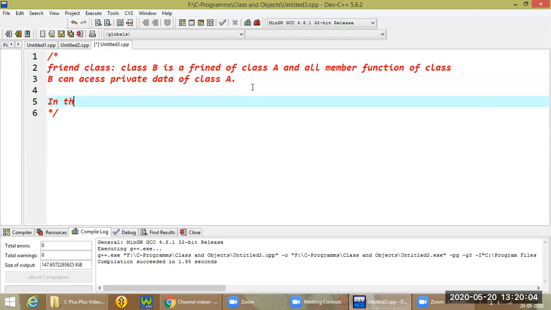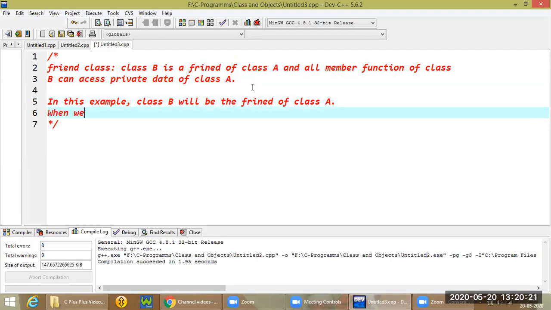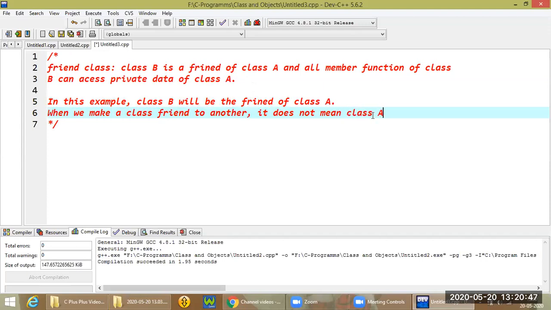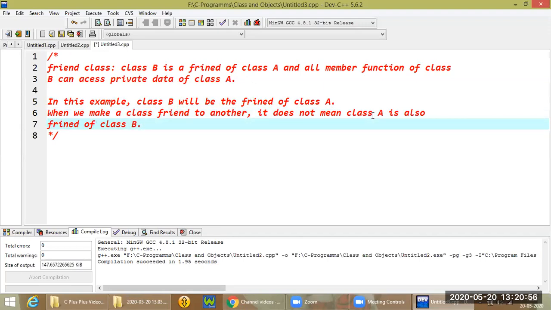In this example, class B will be the friend of class A. When we make a class friend to another, it doesn't mean class A is also a friend of class B. Unless we make it explicitly inside class B, class A is not a friend of B. That means A cannot access private data of B. But if we make B a friend to A, then B can access private data of A.